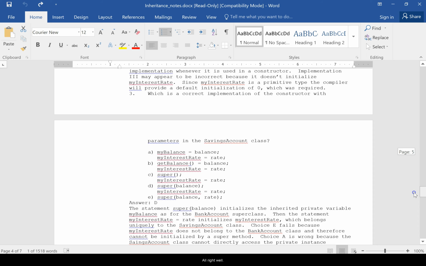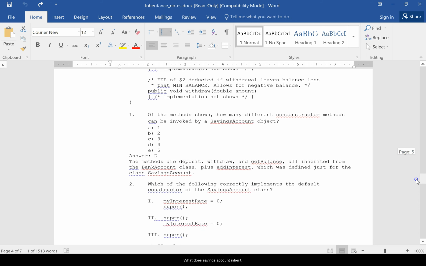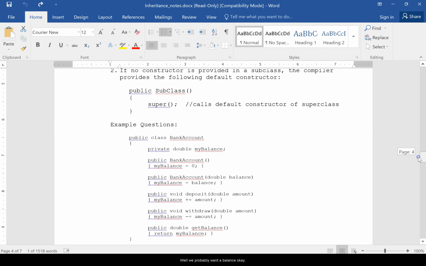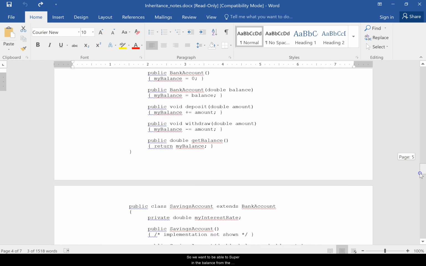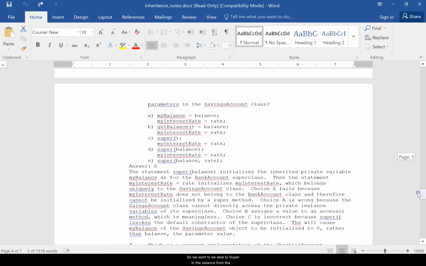All right, well, what does savings account inherit? Well, we probably want a balance, okay? So we want to be able to super in the balance from the bank account class,